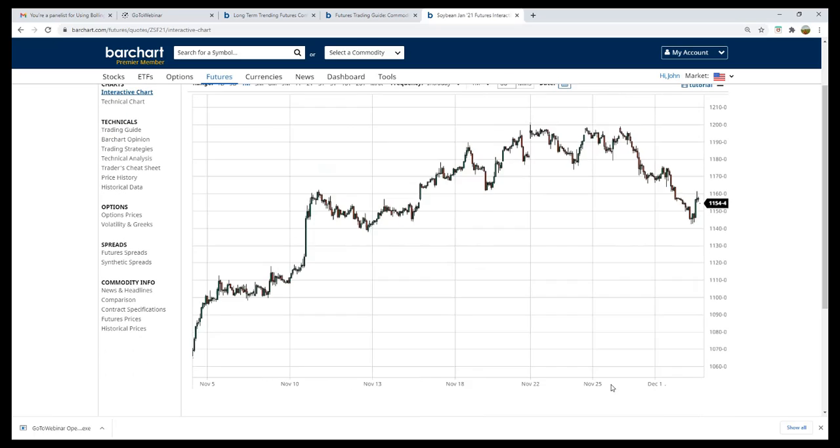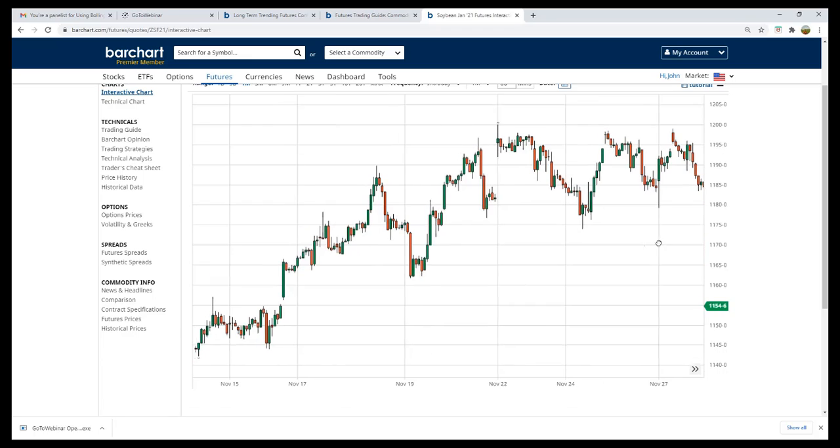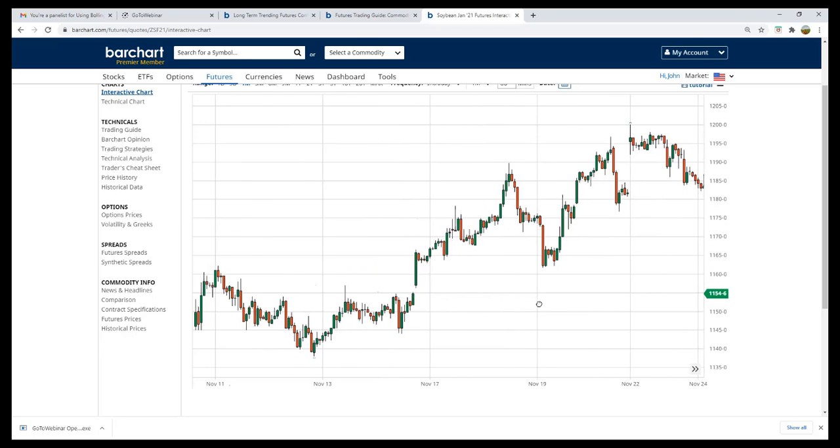So let me make this a little bit larger for you so you can see it. And if I go back in time, the kind of places where I like to look for entries is, I like to see big explosive candles. Now, this would have been an entry that I might have thought about, but I also like to see big explosive candles where price breaks above recent highs, right? And so you can see that we see that here. Not only did price stop going down, but it gapped up, and this gap up took out these 2 or 3 highs, and that would be a good sign that there's probably still some buyers down there, and that's a good spot where my trend should